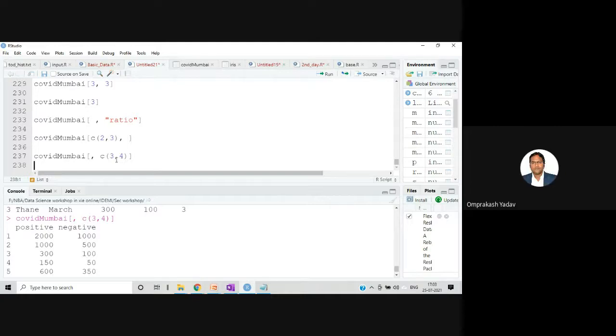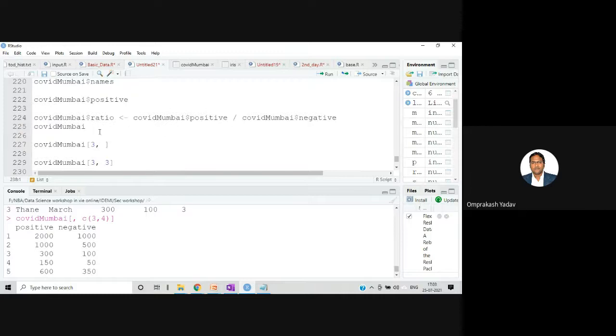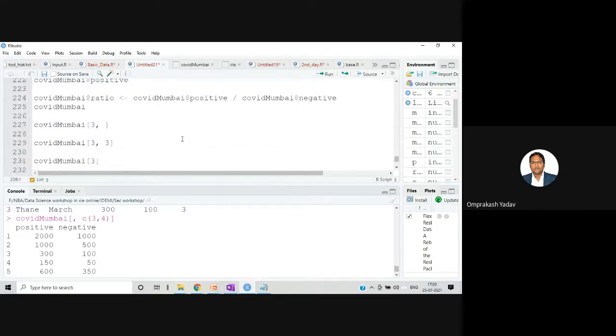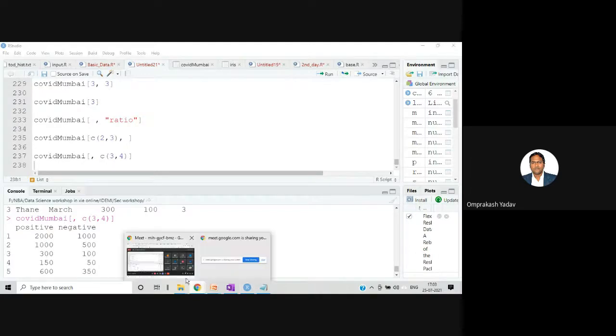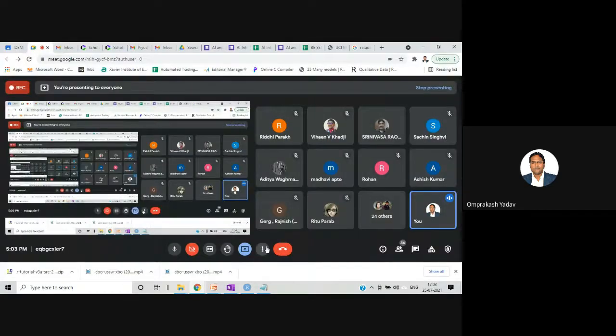Whatever remaining things there are, we'll do on this data set in the next class. What I want from all of you is that please practice whatever I've taught today. So many things I've taught today, and this will create the base of your data science. So please practice a lot, especially how to create the data set, how I'm accessing all these elements, and how I'm inserting one more column. All these things need to be practiced. Let me just stop the recording.